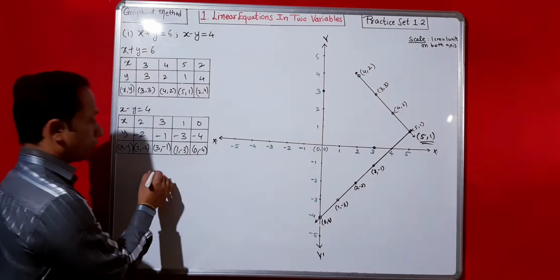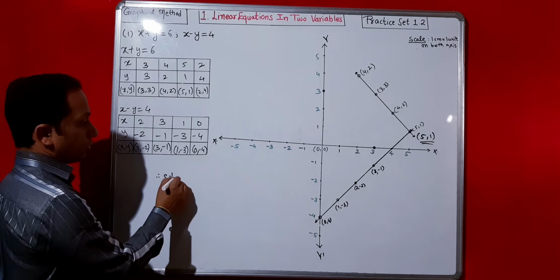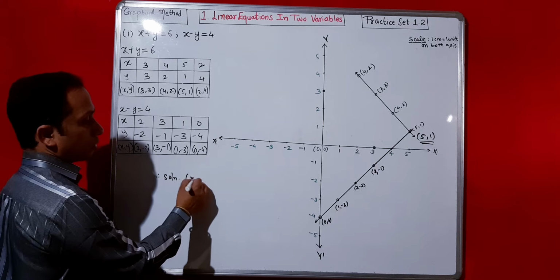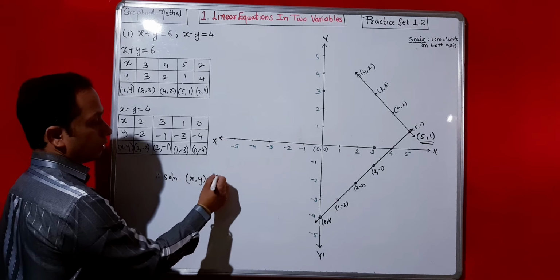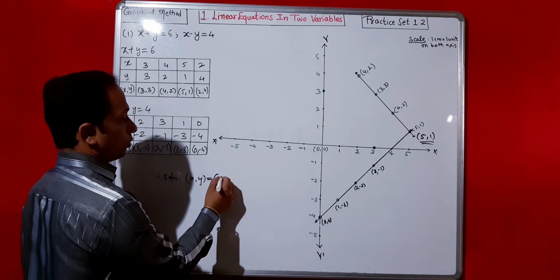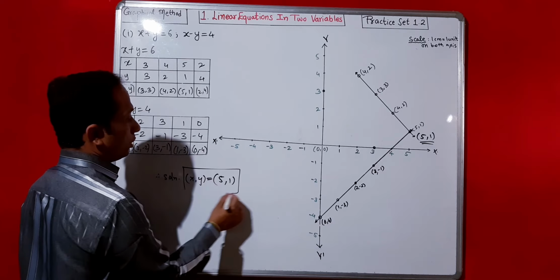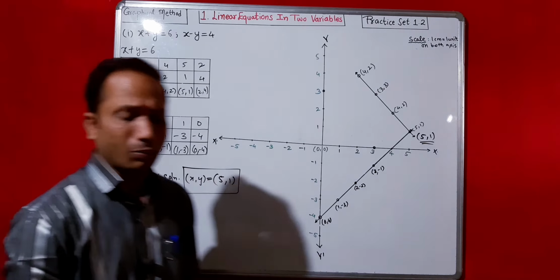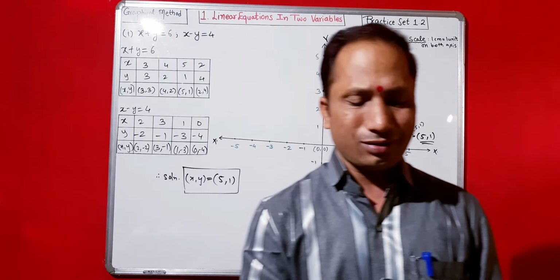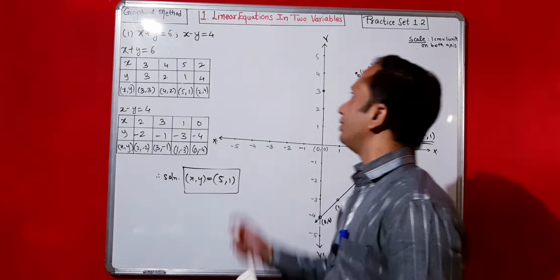Therefore solution, x comma y is equal to 5 comma 1. Okay, so this is the solution for the given two linear equations by graphical method. ओके, एक बहुत ही easy method है, ये थोड़ा लेंथी टाइम कंज्यूमिंग है, ये जब मैं बोर्ड पे दिखाता हूँ तो